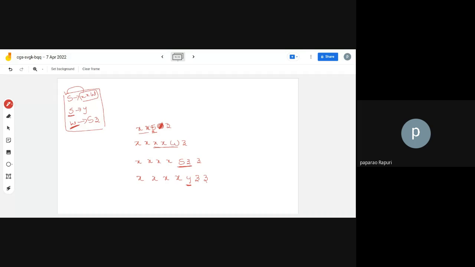So now SZ can be replaced with the W. XXW means yes. We started at the bottom and we reached the root. Suppose if we start at the leaves and reach the root, that can be called bottom up parsing. So this is the parse